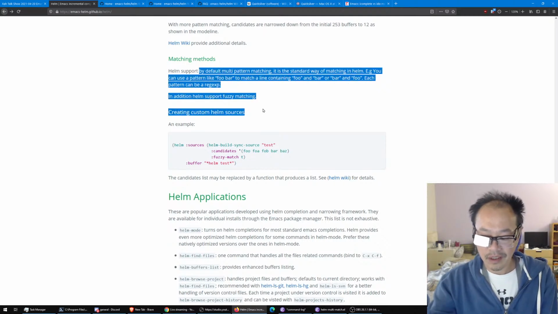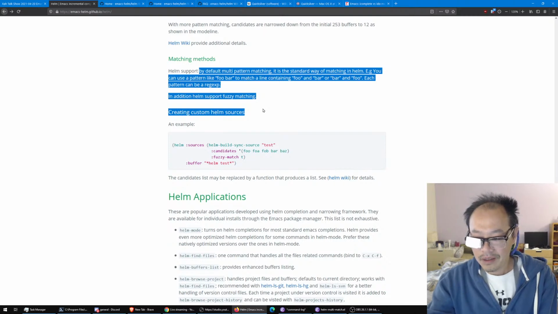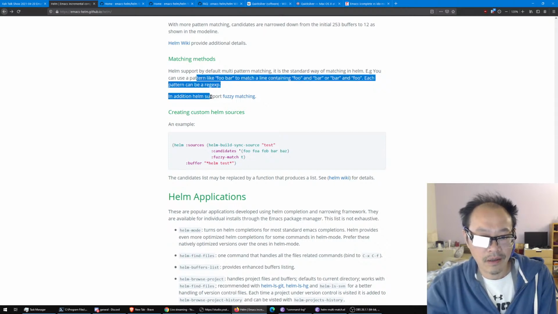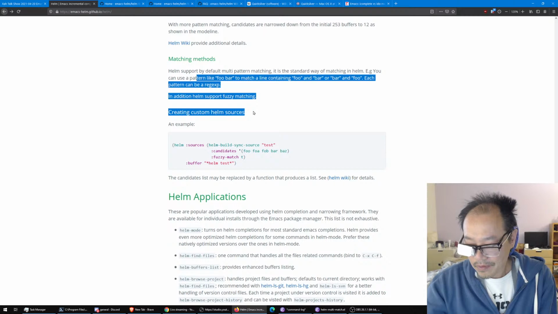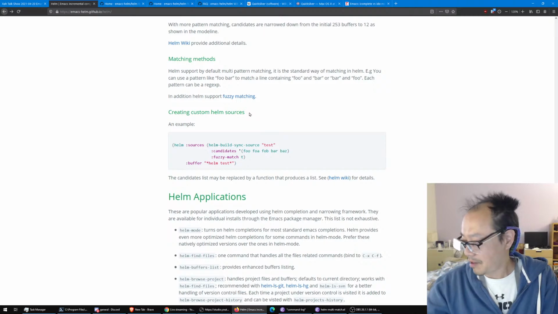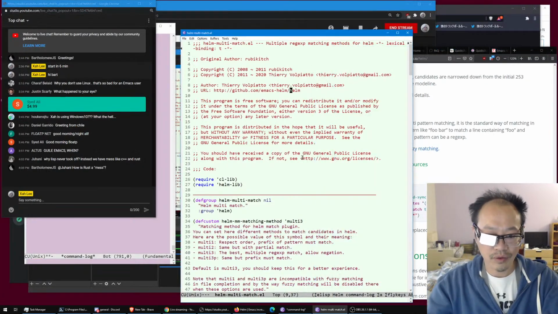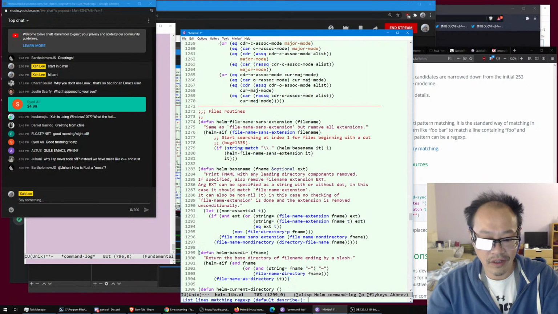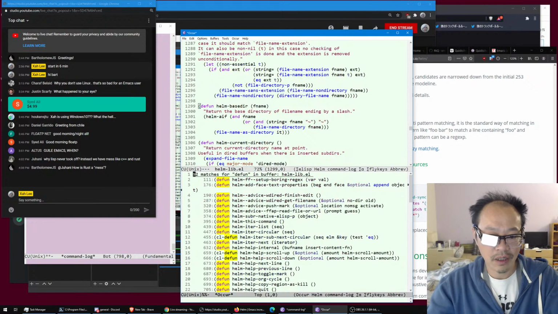So the default way Helm matches when you call helm-M-x is word matching, orderless word matching. Let's put it that way, orderless matching by words. Okay, and which is what I want. I want to try that. So okay, that gives us a clue in source code. So we remember we saw a lot of functions. So these matching lines,